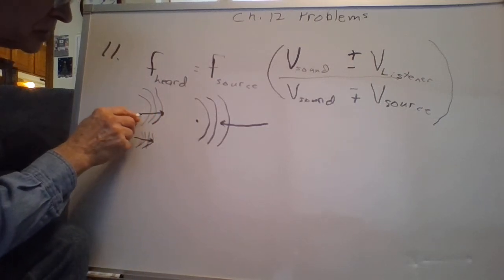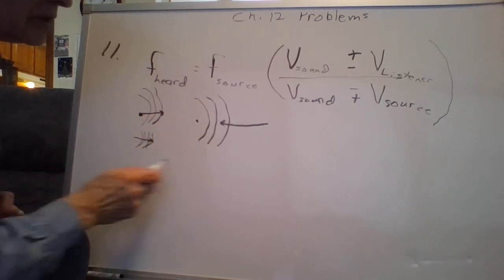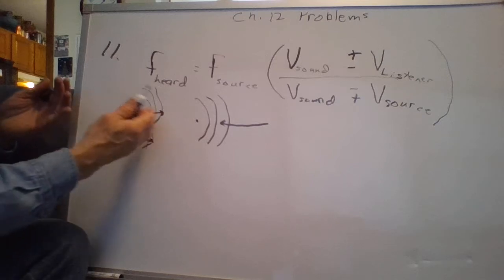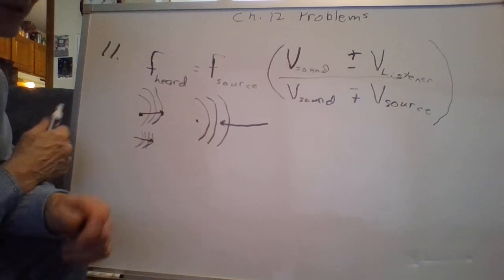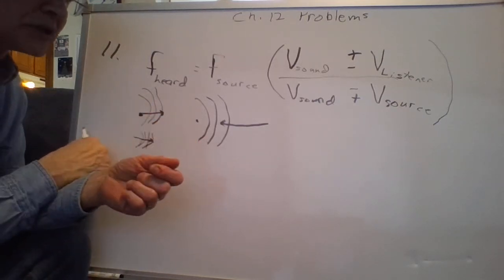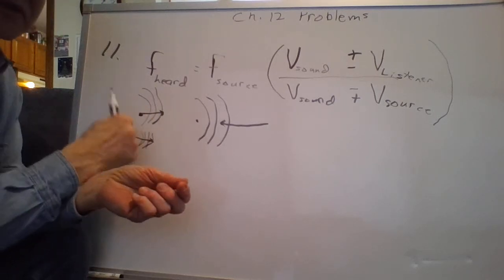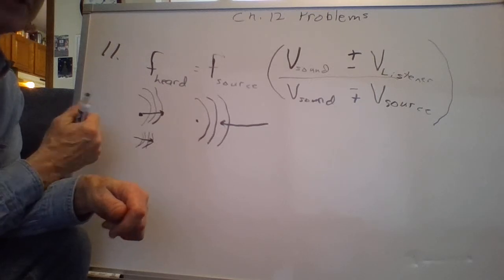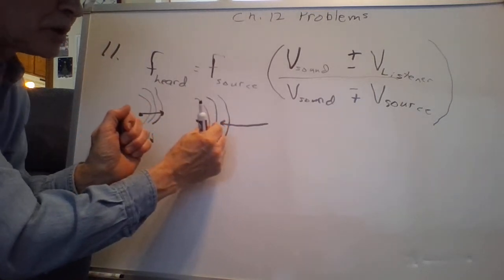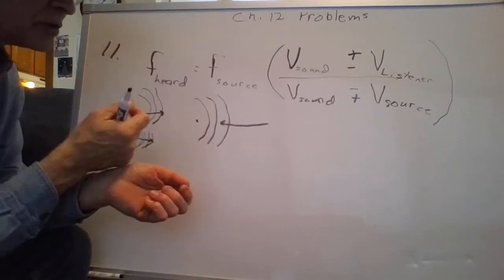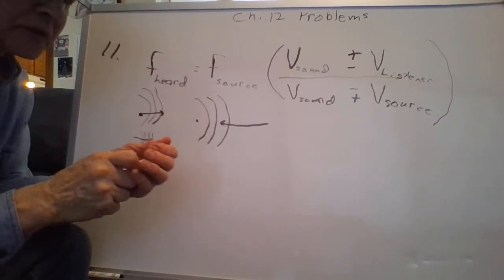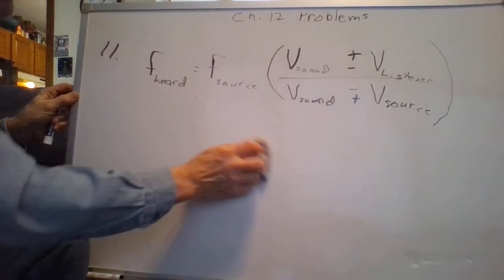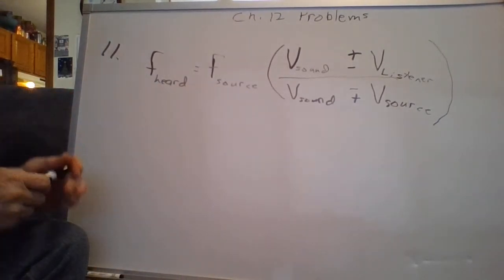So if the source is moving, you get a wavelength change. If the listener is moving, you get a frequency change. But even if it's just a wavelength change, ultimately what you hear is a frequency change. It's a frequency change because of a wavelength change. Here, it's actually a frequency change because of a period change: the length of time between those compressions that hit your ear has been shortened. So let's do the math. That's a little more definite, right?